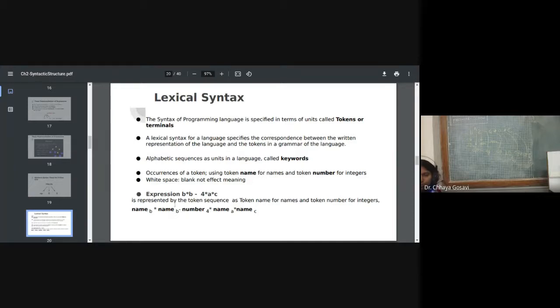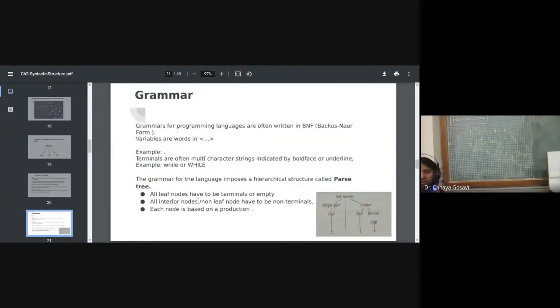And what is this b minus 4ac? In a programming language, whatever code we write in our source code is called a lexeme. That lexeme, or your source program, is converted to tokens, so that it is converted to the grammar, and the language will check whether this statement is syntactically correct or not.